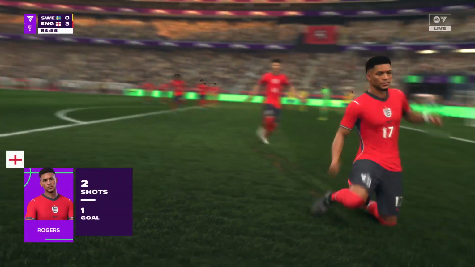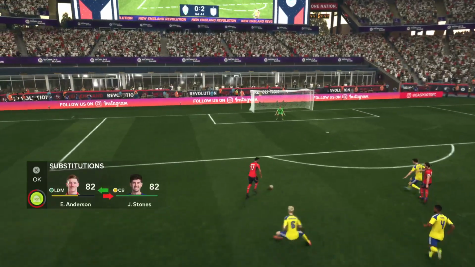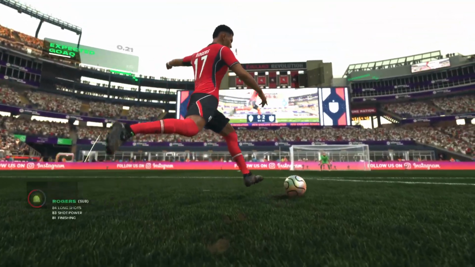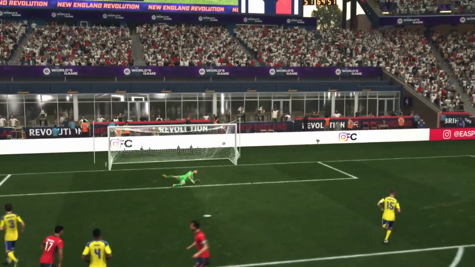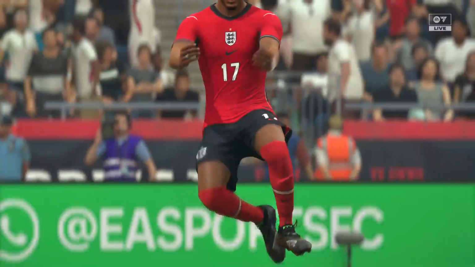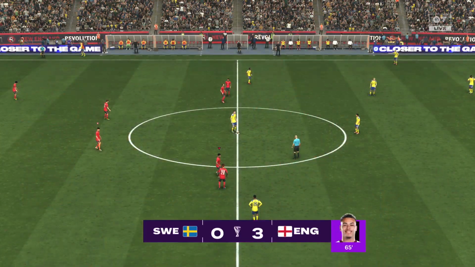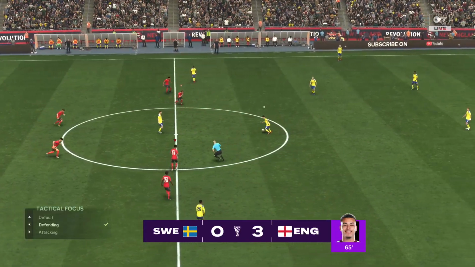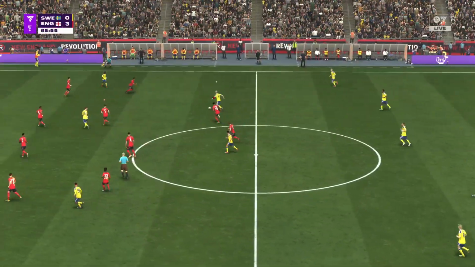Truly sense it's a matter of how many. And so the action continues with England very much bossing this game.